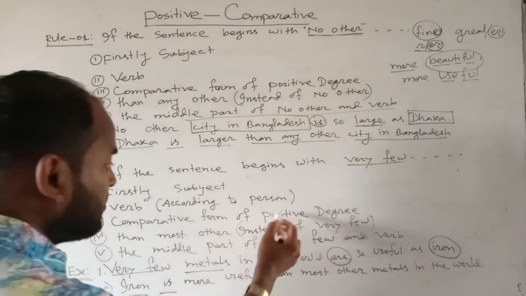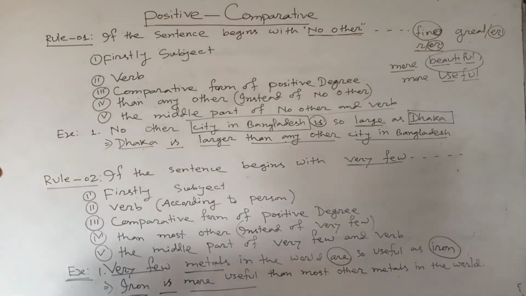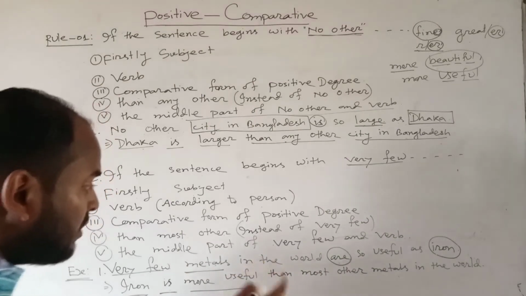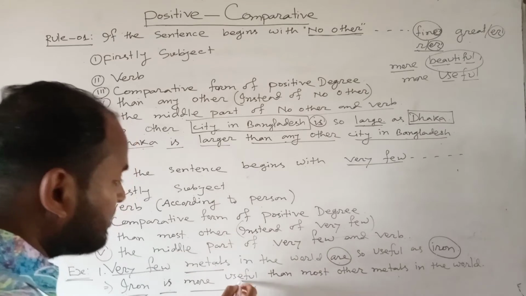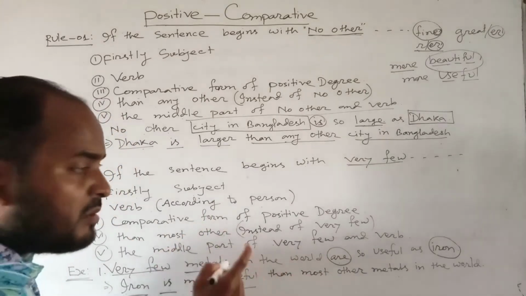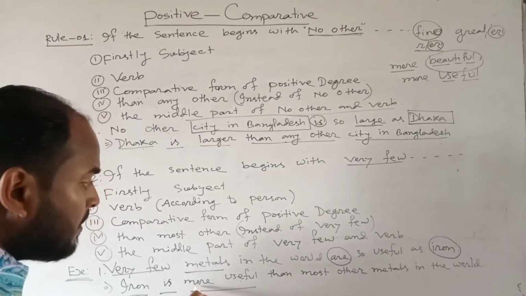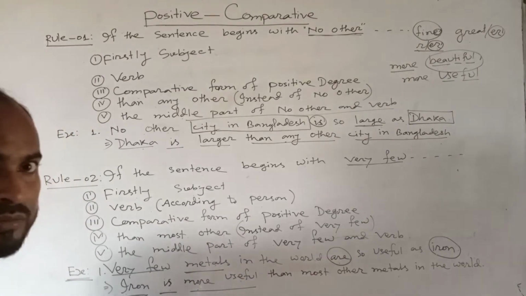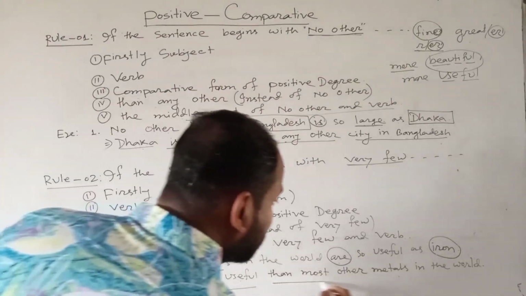Then the comparative form of positive. Useful. If the adjective is more than one syllable, that means if the adjective is a trisyllable or polysyllable, then we shall use "more" before the adjective to make the comparative form. Okay, my dear learners, more useful than most